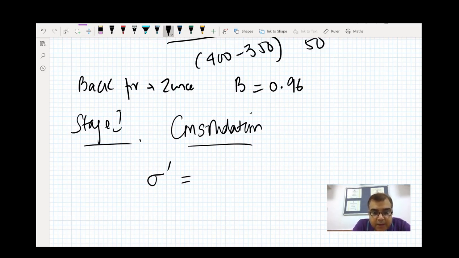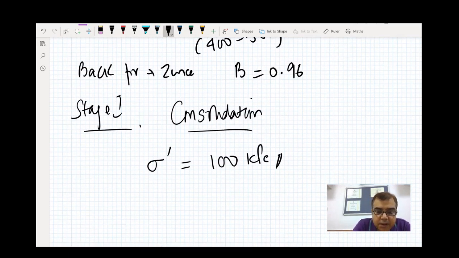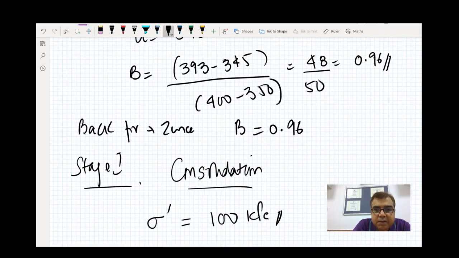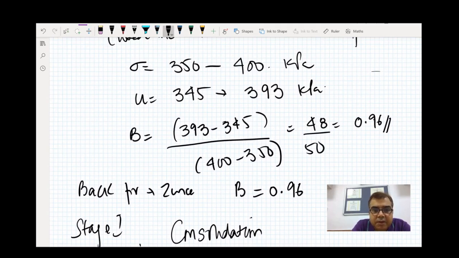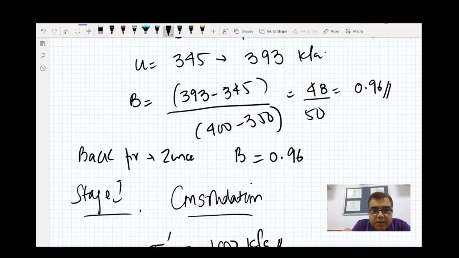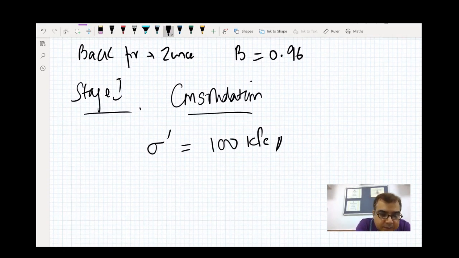Now in this case, let's decide that sigma prime should be 100 kilopascal. So I've decided the sigma prime or sigma dash to be 100. If I go back just a few lines back, my sigma value was 350 and pore water pressure was 345. Now I had increased 350 for 345. I had already, so in other words, my pore pressure of 345 was necessary